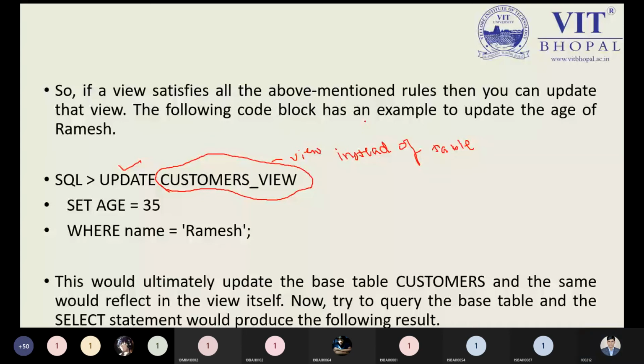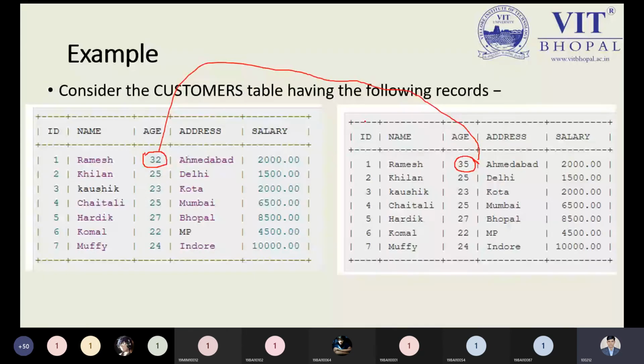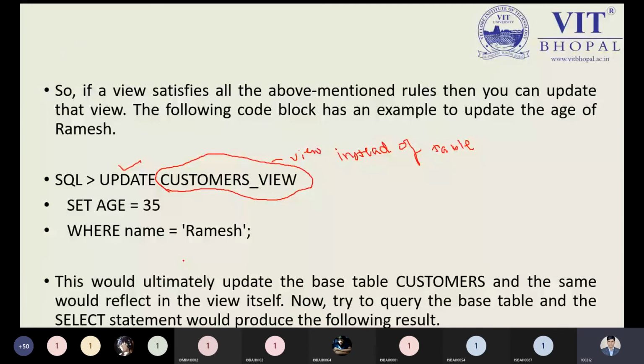See, Ramesh's age was previously 32 in the customer table, and after executing this query, update customer view... the customer view was the view, not the actual table. What we have done right now is we are updating the actual table information by using the customer view, and